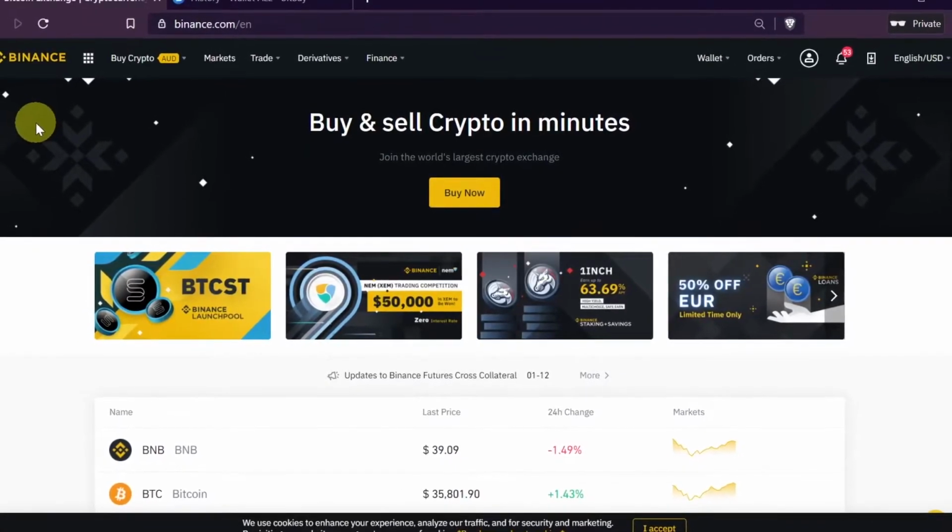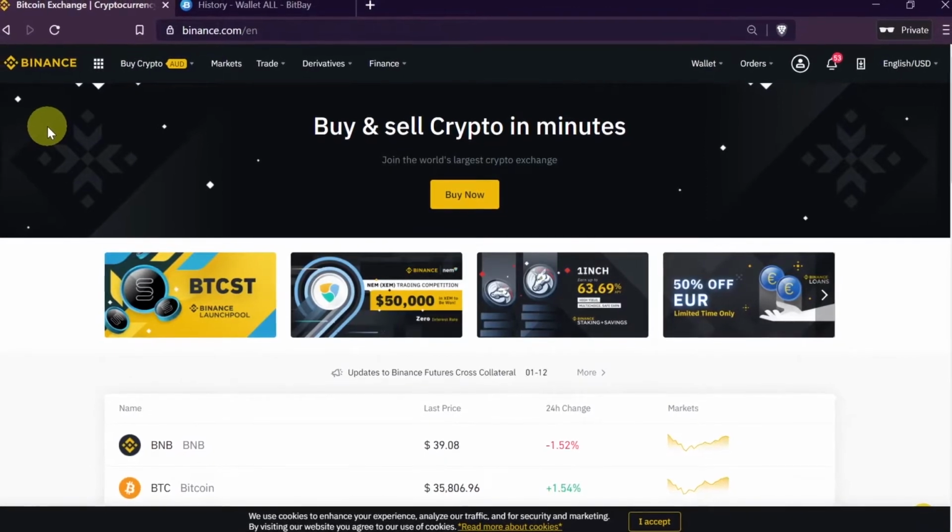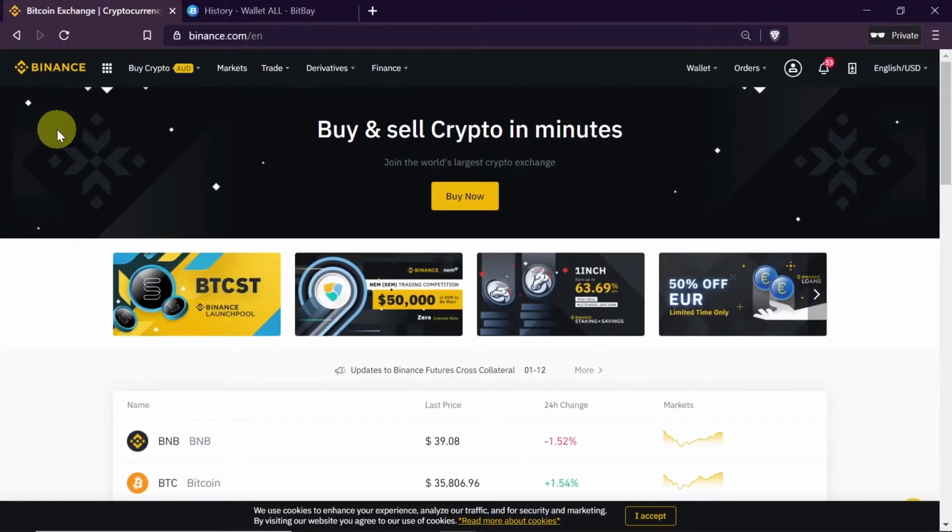Today I'm going to show you how to stake Ethereum 2.0, so let's start. First of all, in order to stake Ethereum 2.0, we will need to have a Binance account,